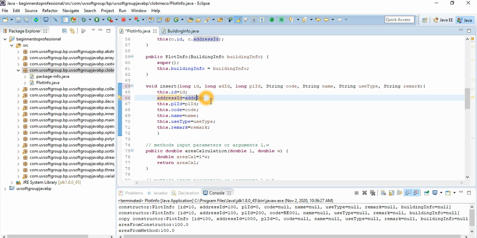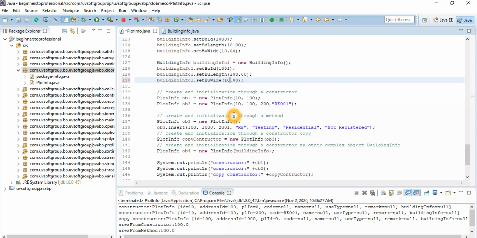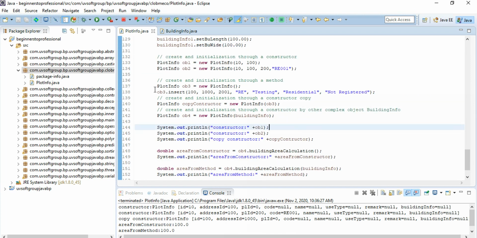So even this way you can handle it. But in common convention in Java, if you use the same object names, then you can also use this way. So that means we create the object, we initialize